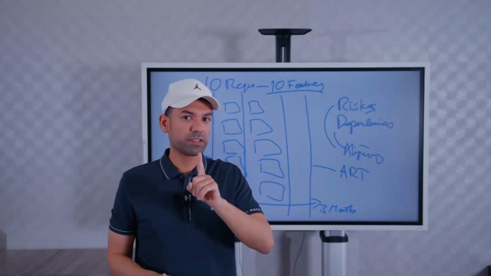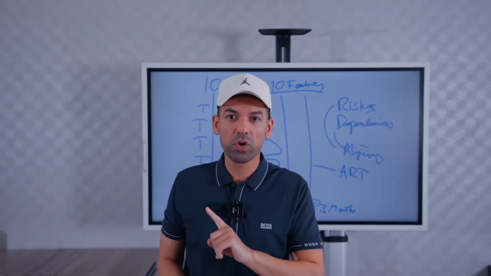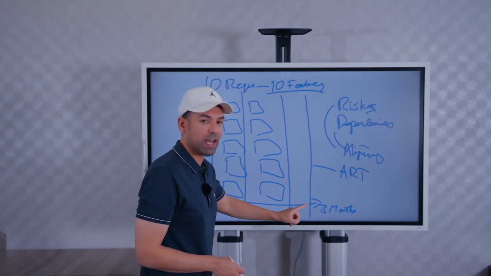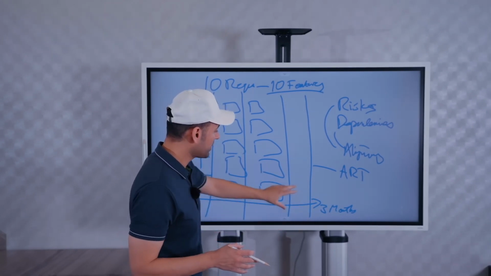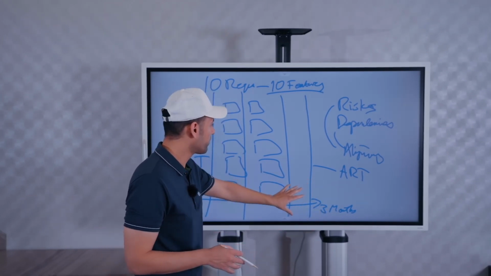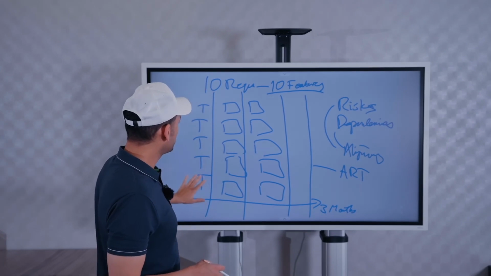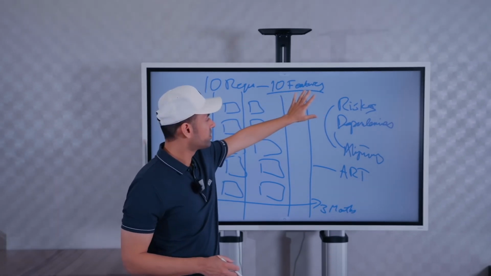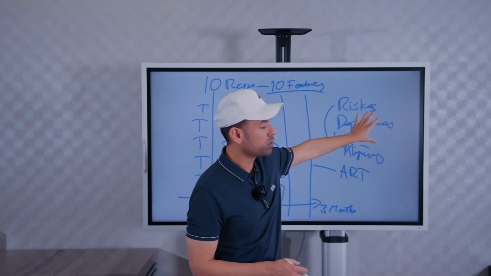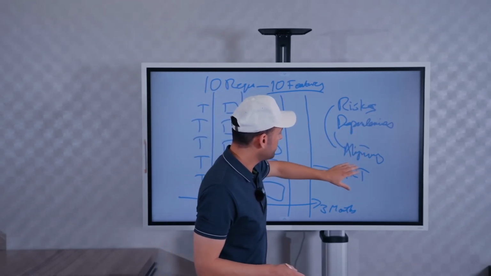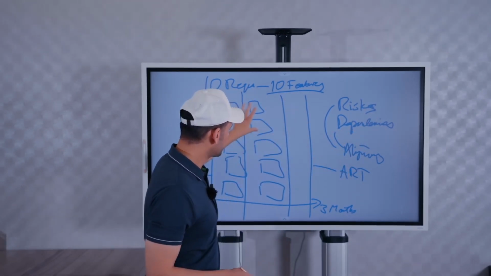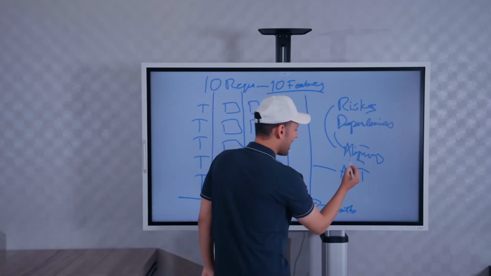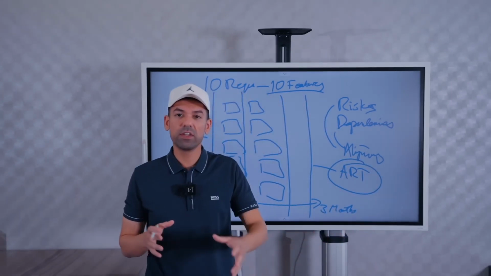So the Agile Release Train, in this case, will give you a phenomenal structure for you to deliver. Because remember, guys, it's a large project. And you also have multiple stakeholders here, and you have a tight deadline. So 5 teams, 10 requirements, multiple risks, multiple dependencies. We need to mitigate this as much as possible. So the structure that we're going to go for is an Agile Release Train, and this is detailed in the